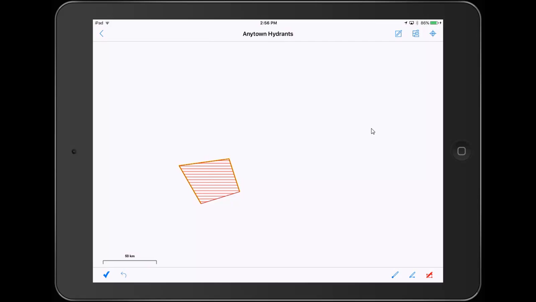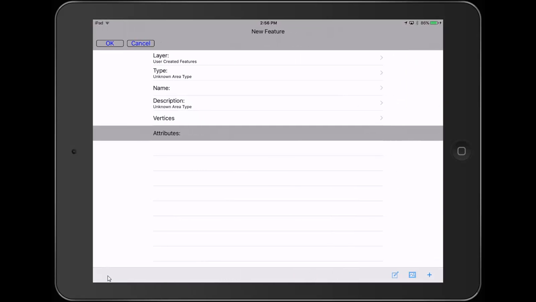Easiest way is simply to use this little checkbox. I'll move my cursor all the way to the bottom corner here. This little checkbox is a confirmation that you're done. There's an undo function as well. If you want to remove the last vertex, you have that undo. But what I'm going to do is simply tap on that little checkbox, and it's immediately prompted me with the